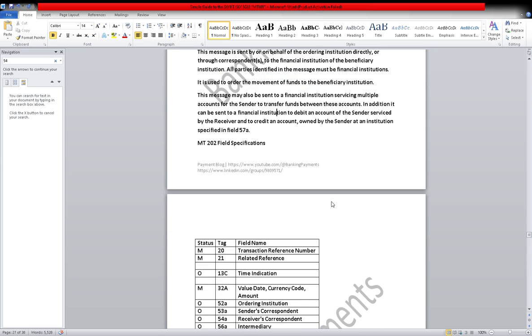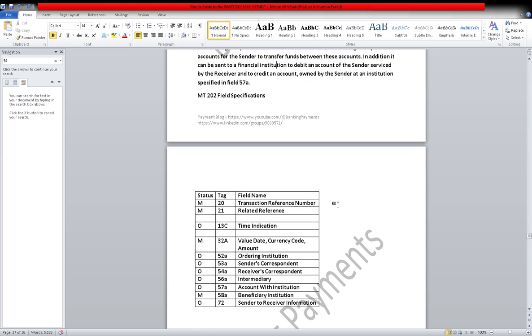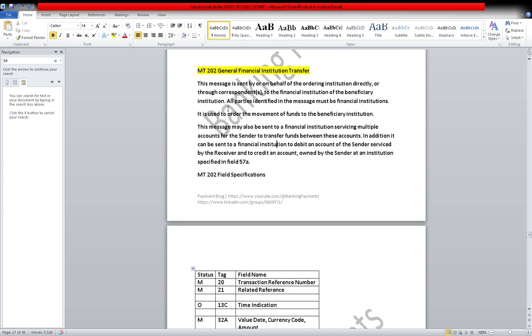Okay, so here we are doing not only sending money inside the country, but we are sending outside the country. In MT200 we saw the same currency always. Here the main difference is that in MT202 we are sending payment from one bank to another bank which may lie outside the country.